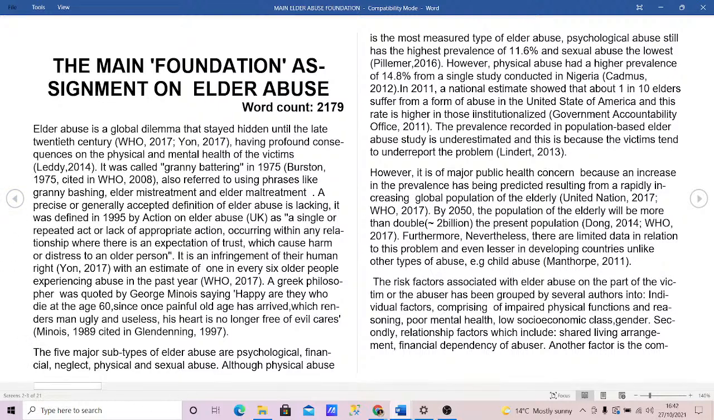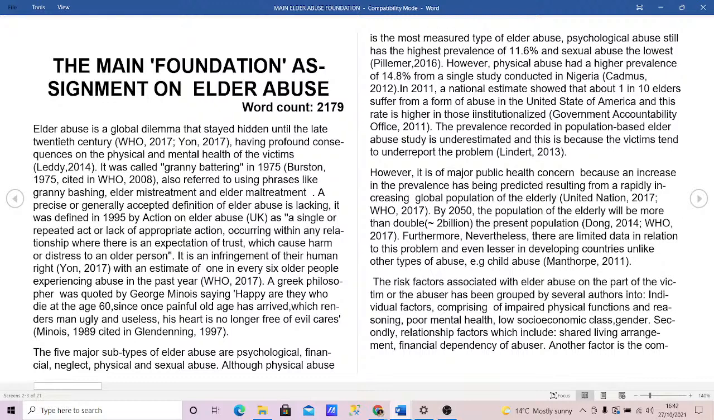I gave the types of elder abuse that we have, and after listing the types of elder abuse, I now started, let's start from here. Although physical abuse is the most measured type of elder abuse, is it clear on Instagram? Let me read it. So this is a bit rusty. Yeah. So although physical abuse is the most measured type of elder abuse, psychological abuse still has the highest prevalence of